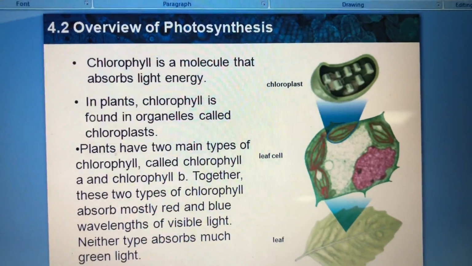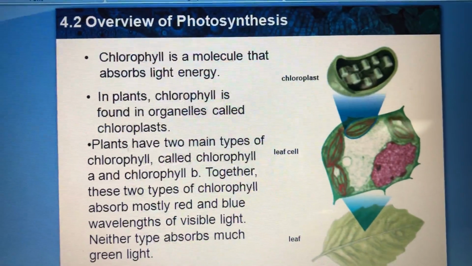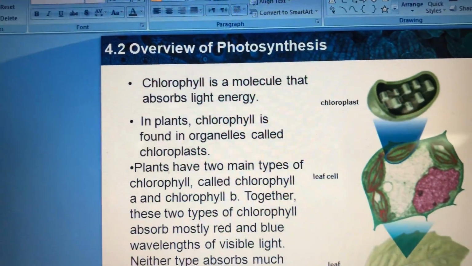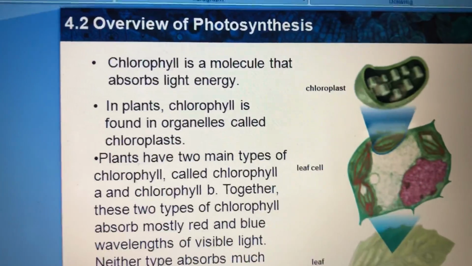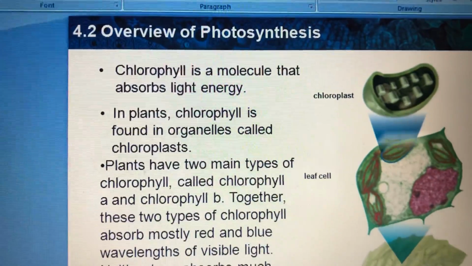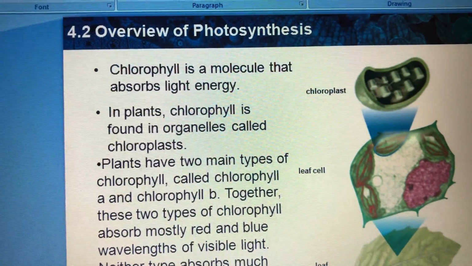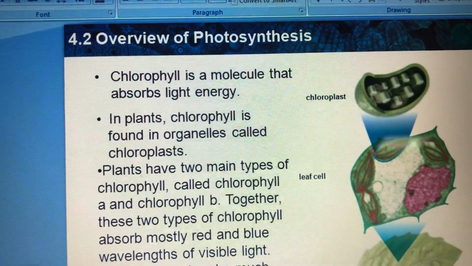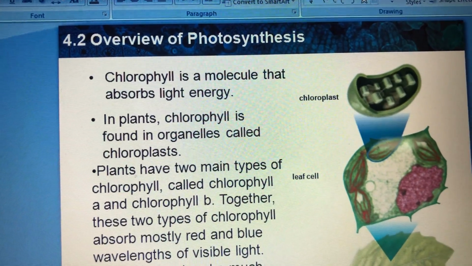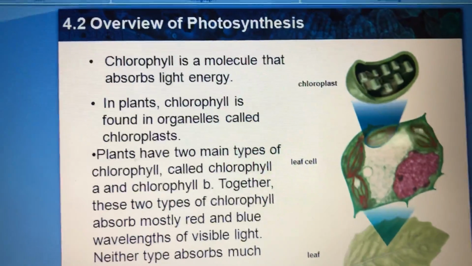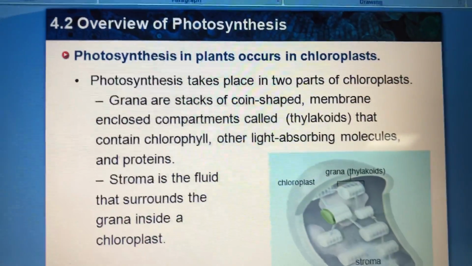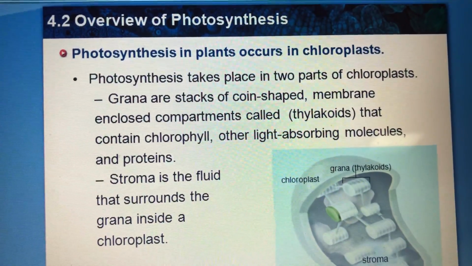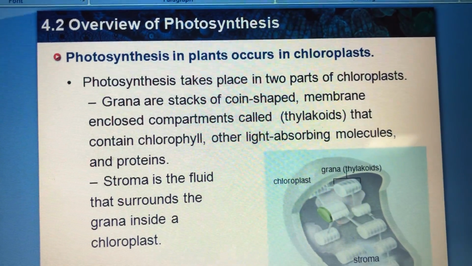Hello, grade 9. Today we reviewed the previous lesson, section 2 from chapter 4 about the overview of photosynthesis, and we said that the chloroplast is the organelle that is responsible in the plants and has a chlorophyll molecule which absorbs light energy. We said also that photosynthesis in plants occurs in chloroplasts, and it takes place in two parts